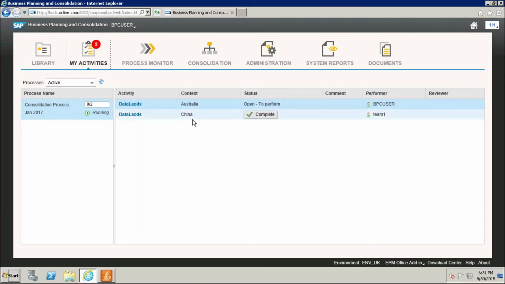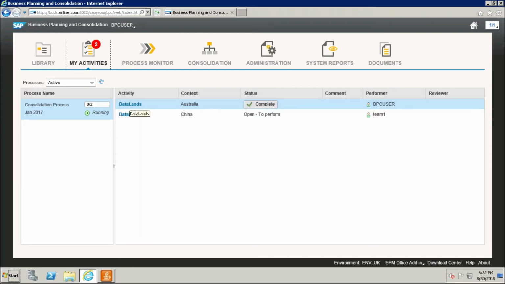That is the reason both countries are showing up here. For example, if in team 1 there is another user ID, then he cannot see this one. The other person can see this BPF activity in his own activities list.